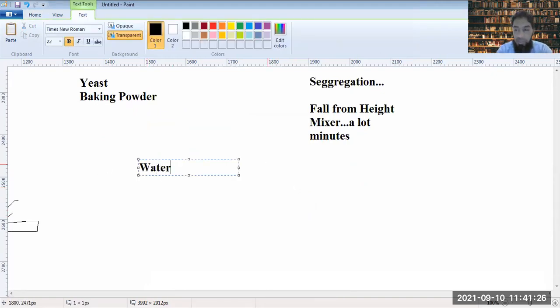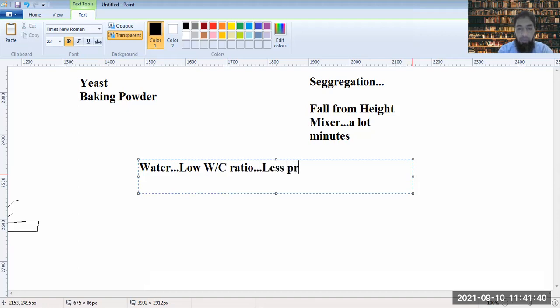Water is very important. Now, if you have a low water to cement ratio, which I was discussing the last time, it's less prone to segregation. जितना आप पानी को कम रखोगे, उतना segregation होने के chances once mixed consistently कम रहेंगे. क्यों? क्योंकि जितना आप पानी ज्यादा रखोगे, उसका ये मतलब है the